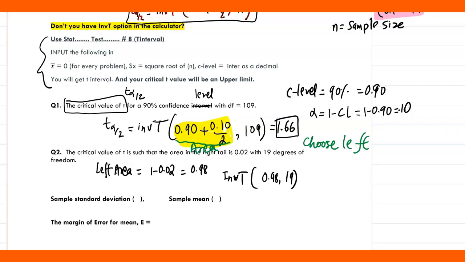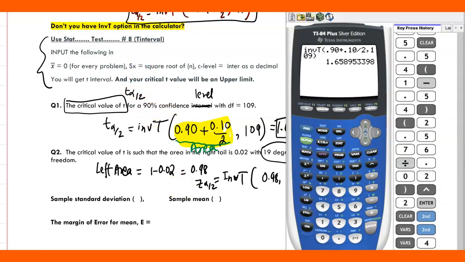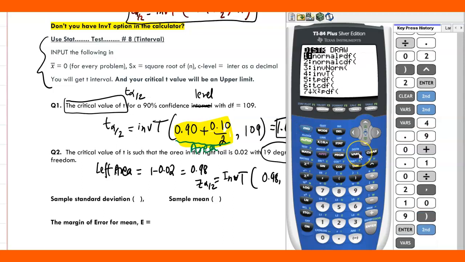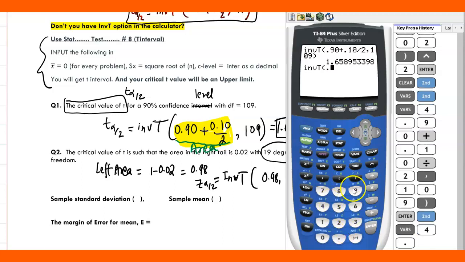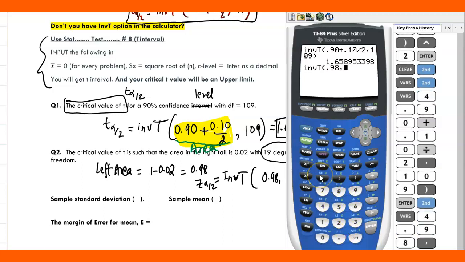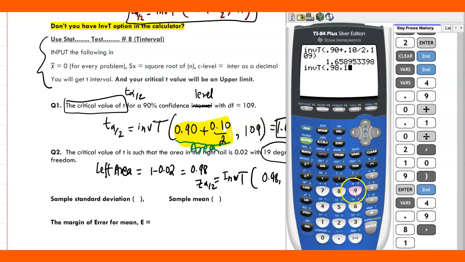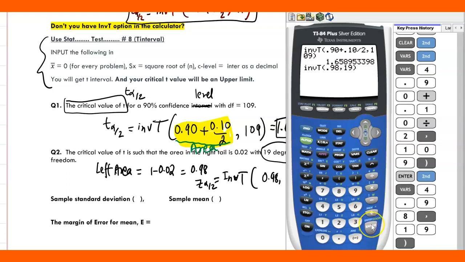Notice that 19 is the degree of freedom, therefore I use 19 here. That's the critical value. Let's do the calculator. You guys do it with me at the same time and see how it works. You press second, VARS, number 4 for invT, and you type 0.98, comma, the degree of freedom here is 19, and close parenthesis. You get